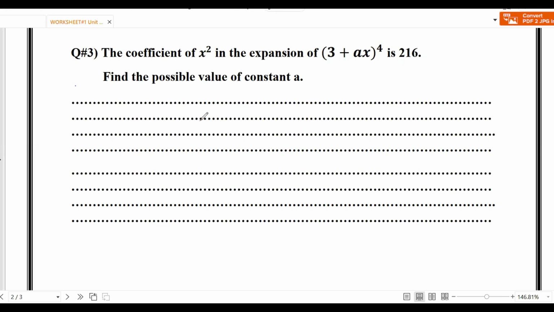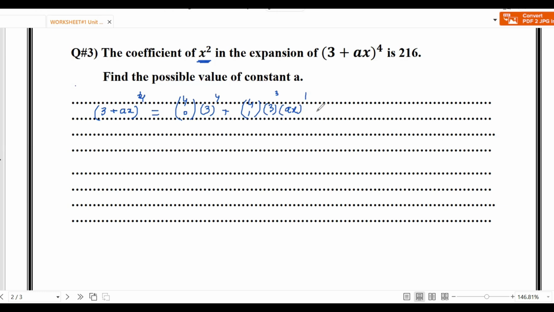We solve one more question related to binomial expansion here, where we need to find the possible value of a, given the coefficient of x squared in the expansion. Once we reach x squared, we can stop there. Our expansion is (3 + ax) to the power 4. First of all, we write 4C0 times 3 to the power 4, starting with the highest power, and then 4C1 times 3 cubed